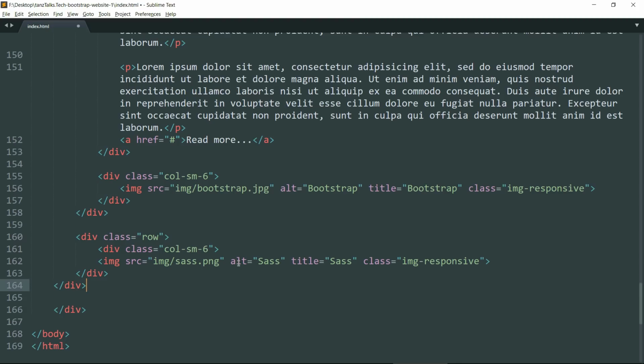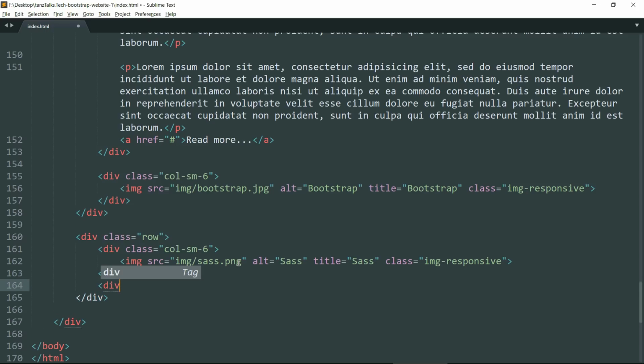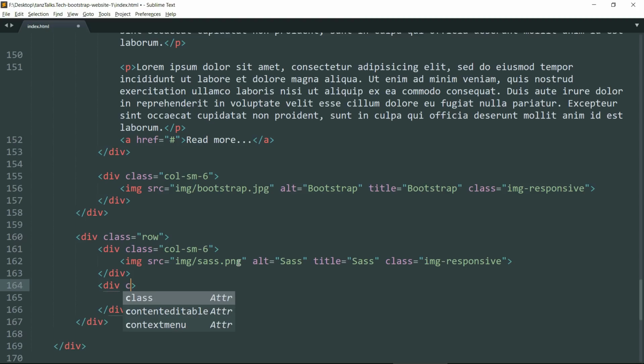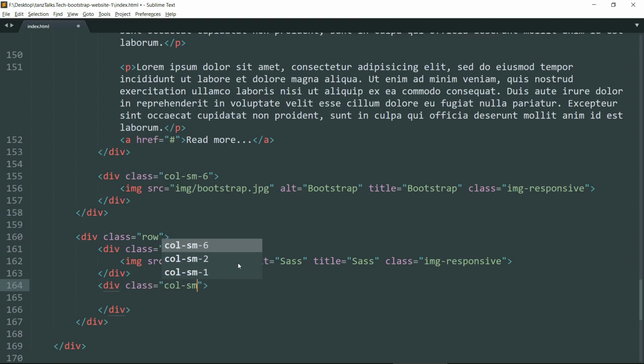Then drop down below and close this div tag. Okay, now fine. Now move down and create another div tag. Okay, give it a class of col-sm-6 because we want the screen to be divided into two equal halves.